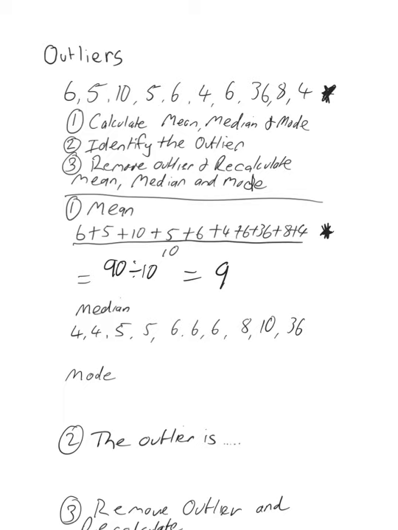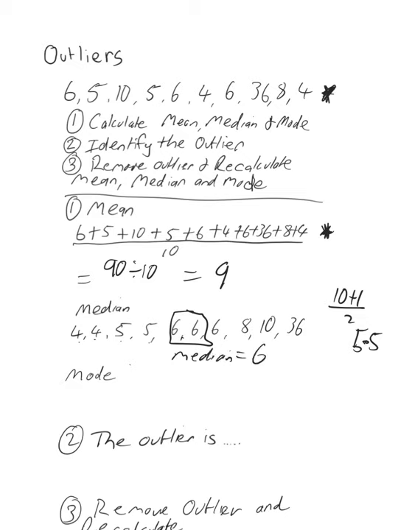Okay, and to calculate the median, we put the data in order because there are 10 scores. We add them together, okay, divide by 2, we get 5.5, which means because it's an even number of data, it's between the 5th and the 6th score in order. So 1, 2, 3, 4, 5, 6, okay. Here's our two middle scores. Clearly they are the same number, so we don't have to add them together and divide by 2. The median is